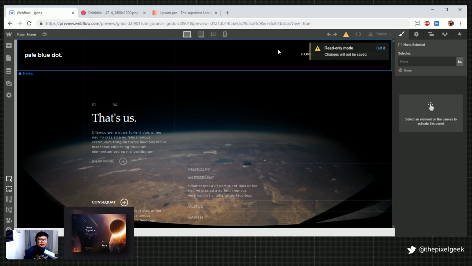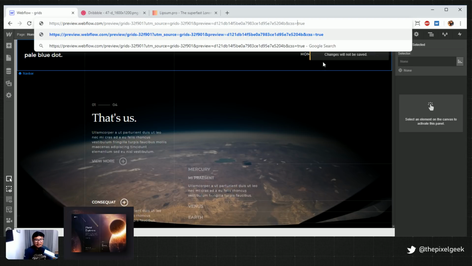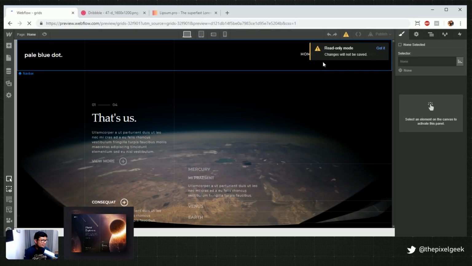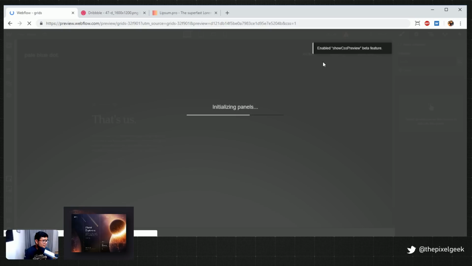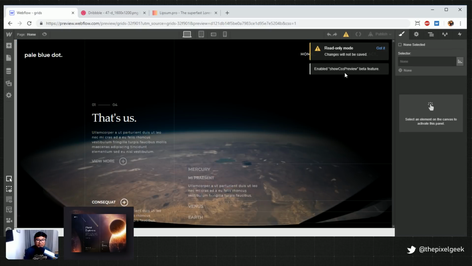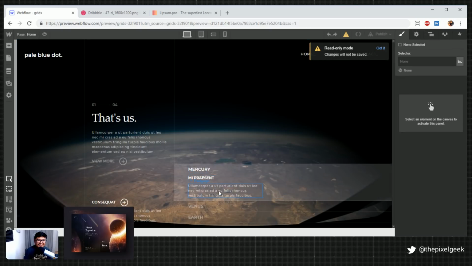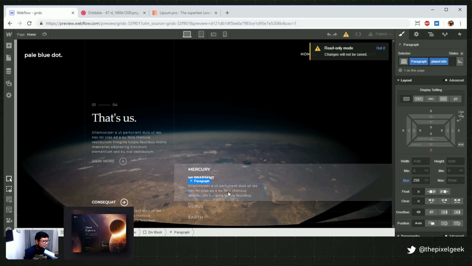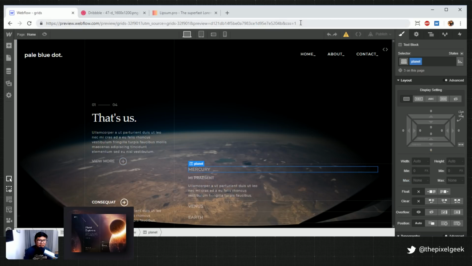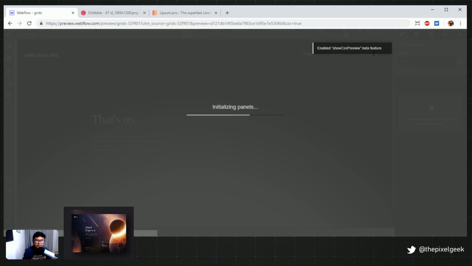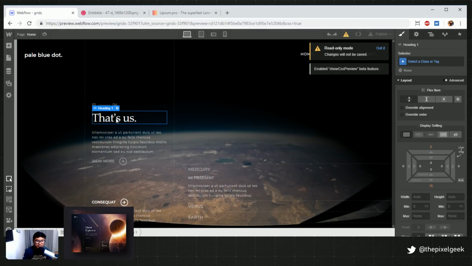Oh. CSS equals 1, I think. Or CSS. Oh, there it goes. Does it show it? I don't see it. Okay, I'll do CSS equals true. CSS preview. Oh no, where is it?